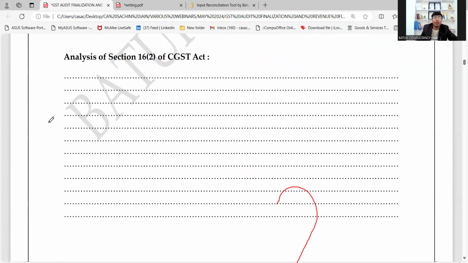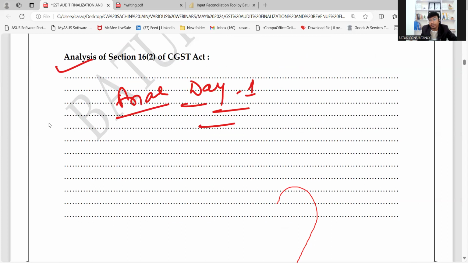GST return analysis we have already done. Section 16 subsection 2 analysis was already done on day 1. And